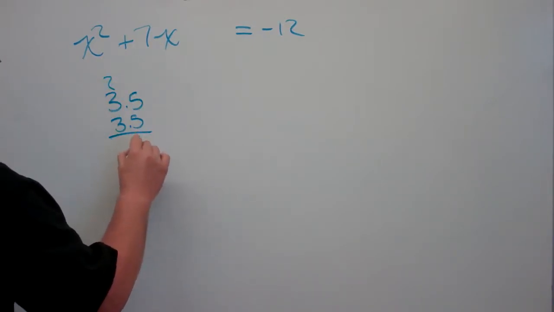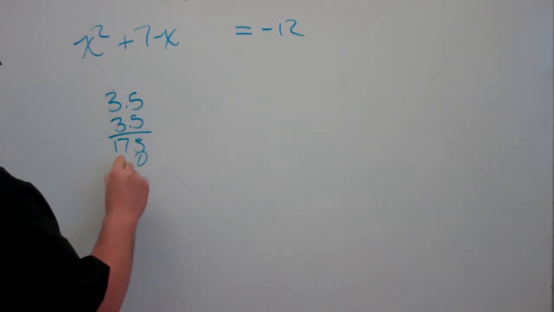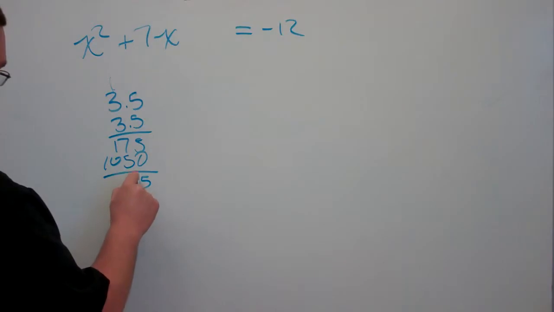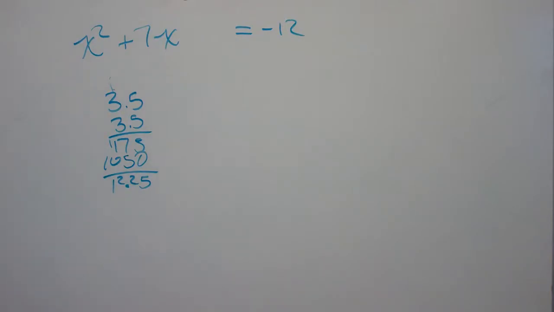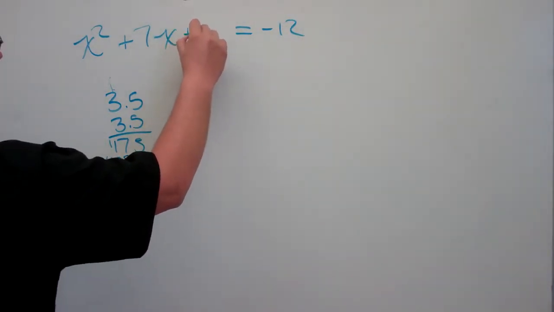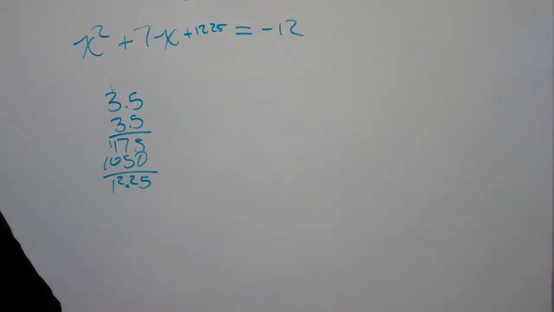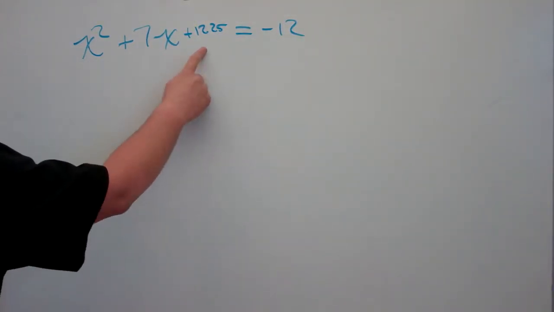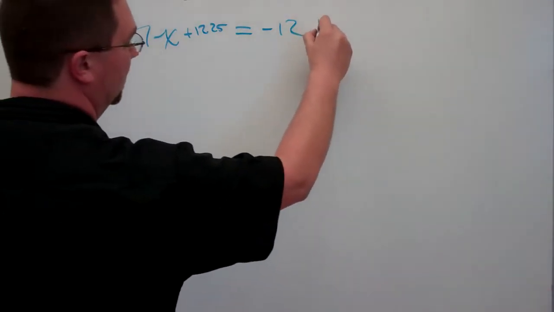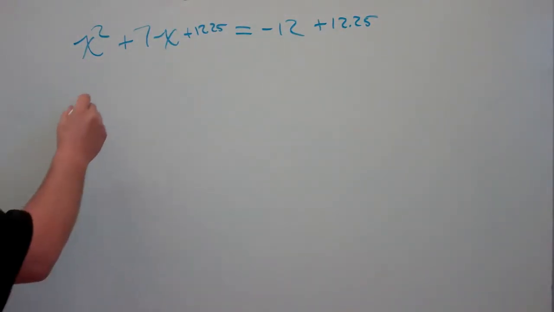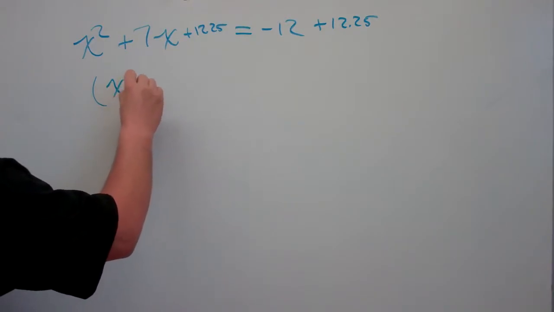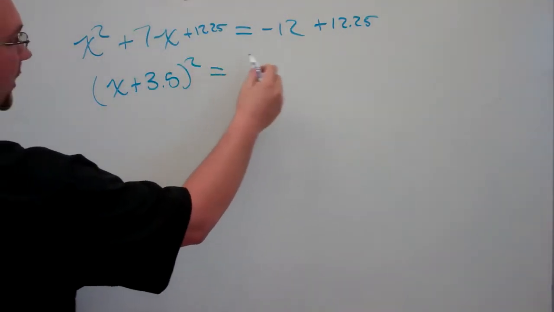So 5 times 5 is 25. 3 times 5 is 15. 3 times 3 is 9. So 12.25. Alright. So now, what you do to this side, you got to do this side. So you got to add the 12.25 over here as well. Alright. So now this comes down to x plus 3.5 squared equals